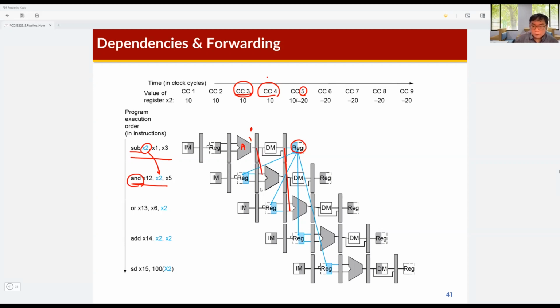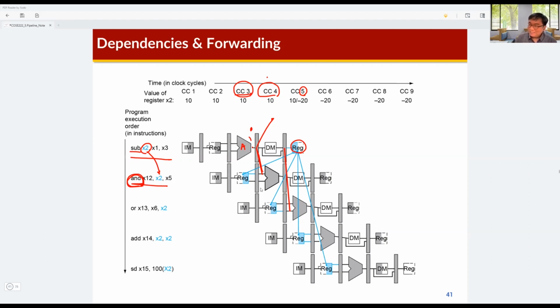So that means that the original path for this ALU comes from this pipeline register, so actually the output of this register file. But instead of this path, this AND instruction receives the data from the output of the ALU. Okay, so this is the data forwarding, and in order to support this data forwarding, then we need to make a,